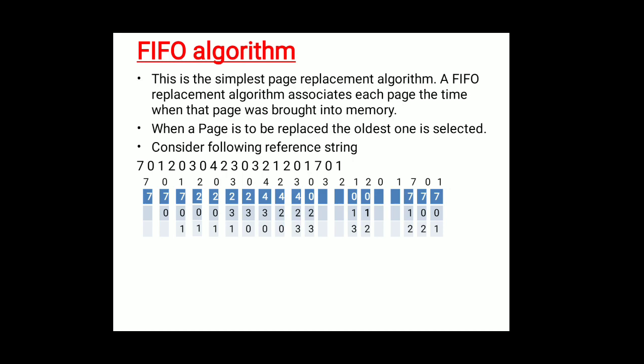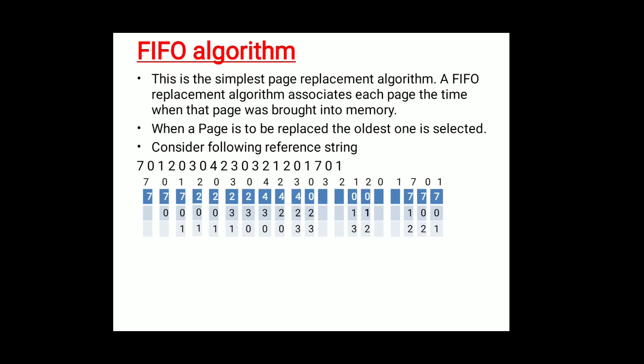Now we need to add reference number 2 into the frame, and as you can observe there is no space. This is where the FIFO algorithm comes into the picture. Now you have to replace one of the pages. Which page has to be removed? As I said, first in first out: whichever page has come first has to be replaced, and 7 was the first page which entered, so 7 will be replaced with 2. Now in place of 7, 2 will be added, that is 2, 0, 1.